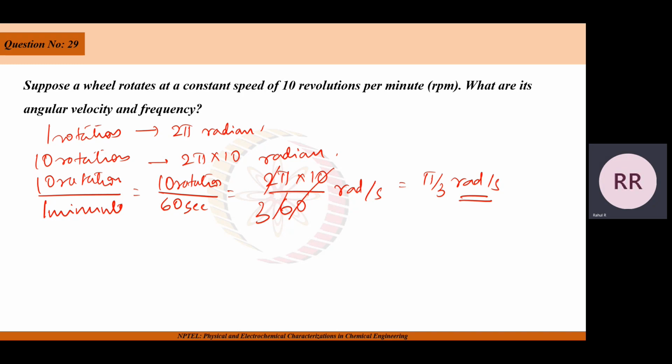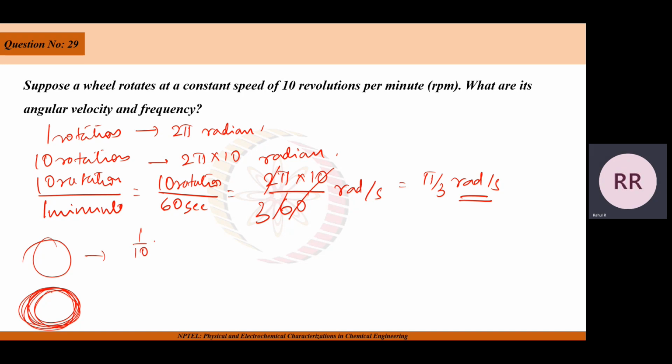Now radian per second is nothing but the angular velocity. Now we need to find the frequency. For that, one revolution is equal to one cycle. So one revolution corresponds to one cycle, and 10 revolutions correspond to 10 cycles per minute. So 10 RPM means 10 revolutions per minute, and 1 RPM is basically